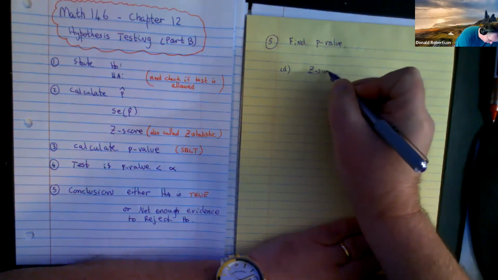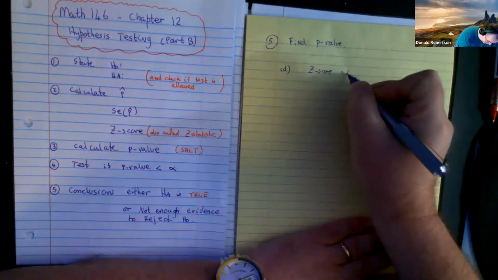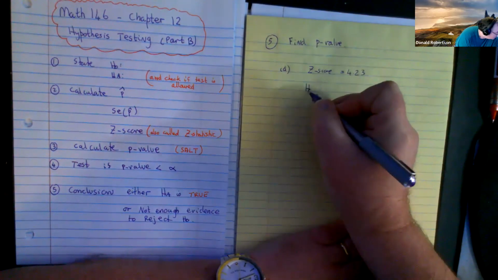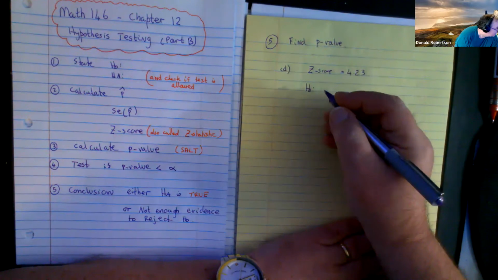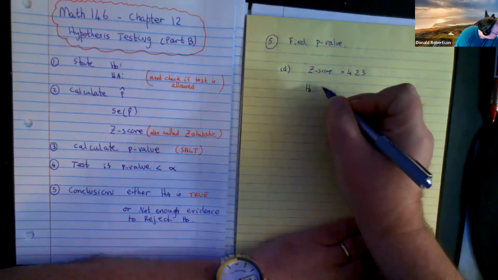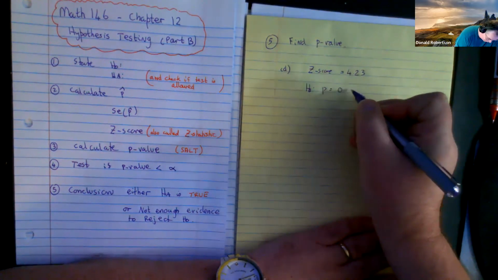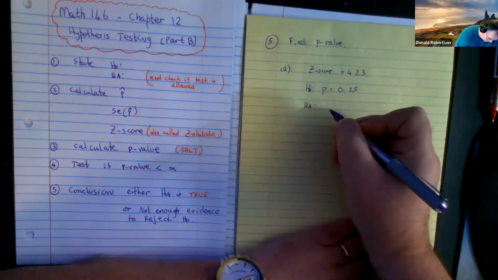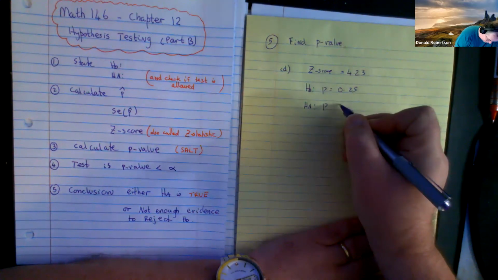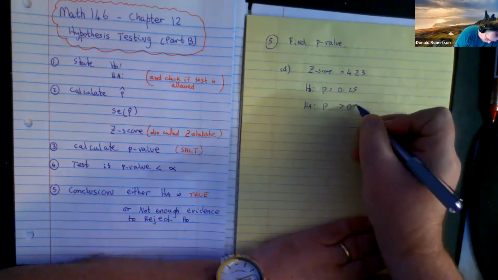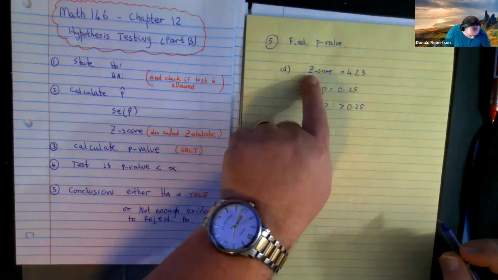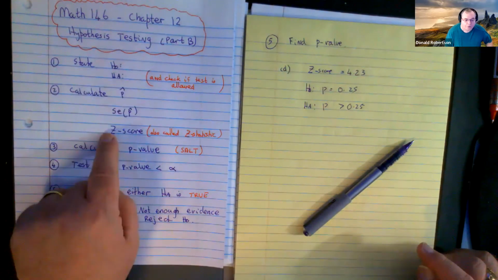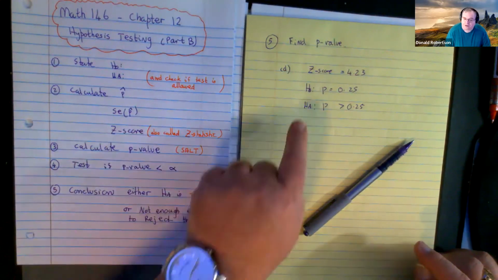I know they call it a Z statistic, I'm calling it that. And it's 4.23. And you're told a null hypothesis, and that's P equals 0.25. You're told the alternative, which is P is going to be greater than 0.25. Now, since they've told me the Z-score, I don't need to worry about this, because I already know that number. So to calculate the p-value,